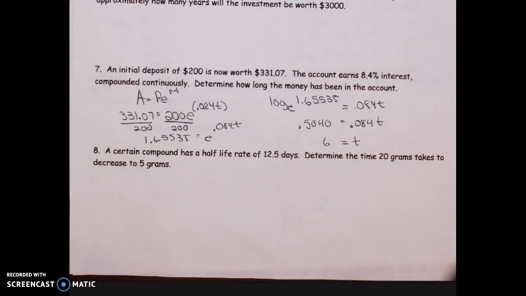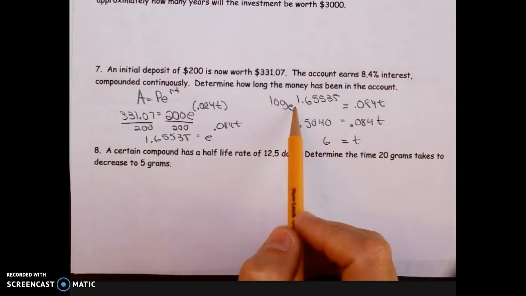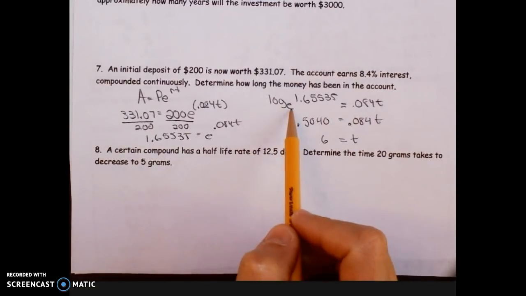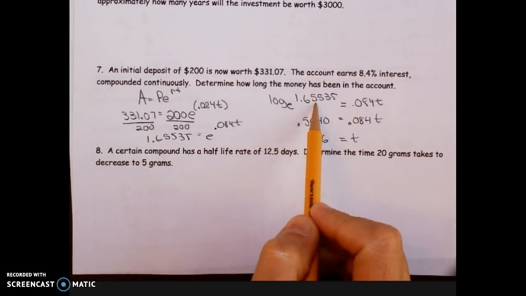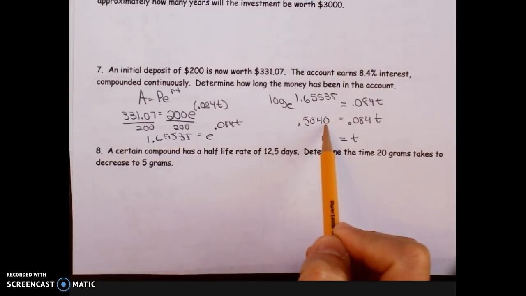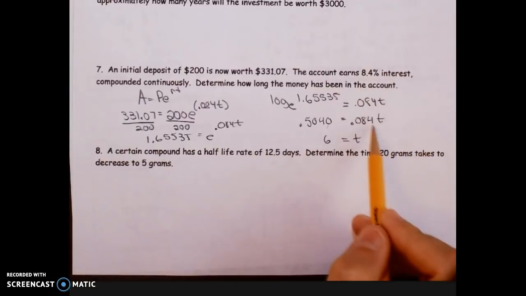Alright, I went ahead and worked ahead just a little bit. When I flip it to log form, this would be log base e of the 1.65. Remember, that actually means natural log. I plug that in my calculator, and then finally I divide by the